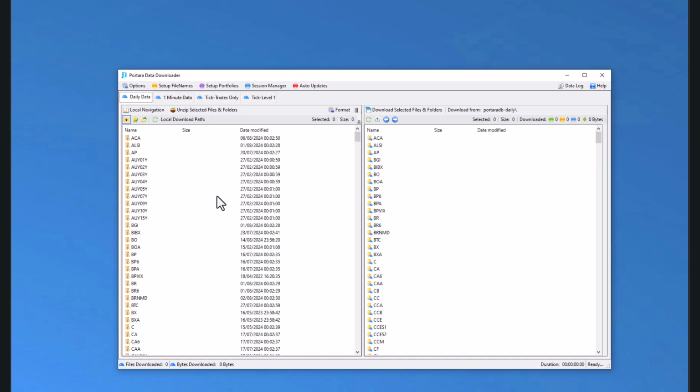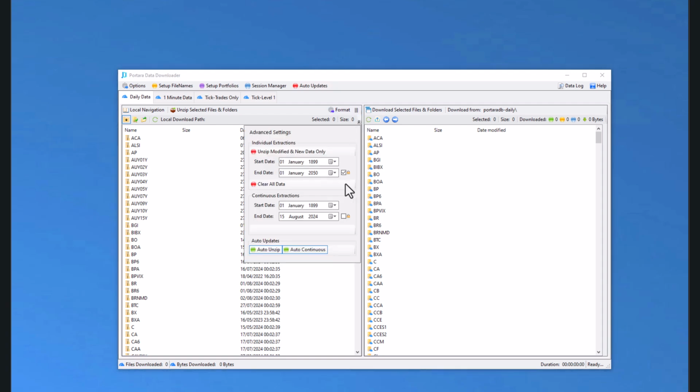Remember though, it is set to C drive out of the box, and as long as your C drive is pretty big, with daily and 1 minute data, it's pretty much standard, it's going to fit on. But you need to think, especially with tick level 1, about what size hard drive is going to be good for you. Some final points to note in updating: if we click on the 3 bars button,